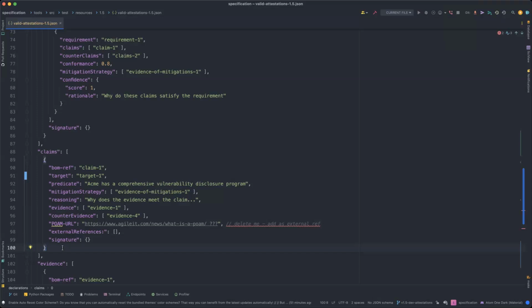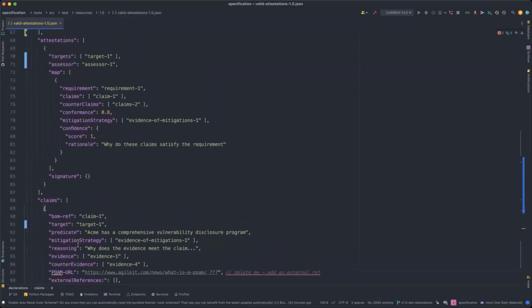But in that case, it depends on the persona which is generating it, right? In the case of the team, the team is going to generate a claim and give it to you, and the attestation is going to be generated by the assessor. So the assessor can collate different targets. The claimant can claim for their scope. So in that case, keeping one target makes it simple. At least that's how I see it. And in the case of the assessor, the use case is very clear. They're going for a group of products or group of teams.